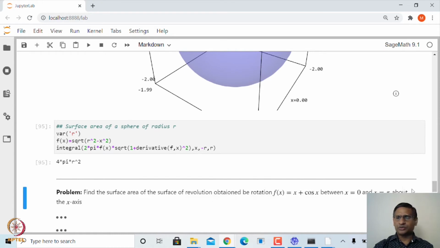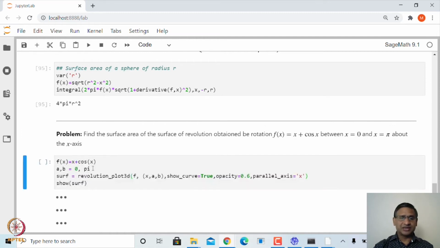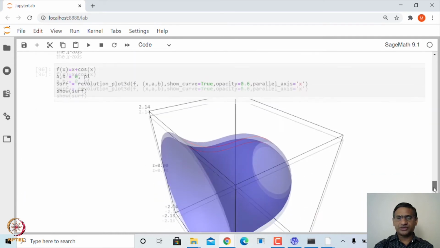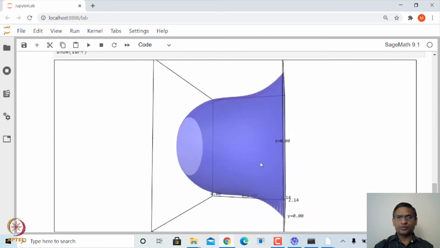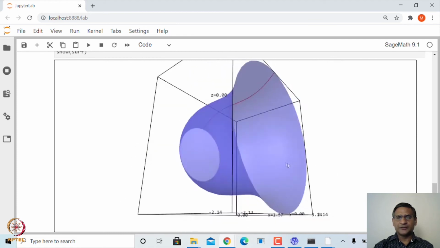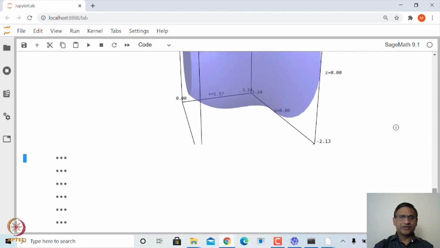Similarly, if you want to find, let us say, the surface area of the surface of revolution about the curve f(x) equal to x plus cos x between x equal to 0 and x equal to pi about the x axis, then again you can do that. So, let us plot the graph of this surface first. That is the curve, and if you plot this surface, this is how it looks. This is quite nice. This is the surface, and whose surface area will be given by